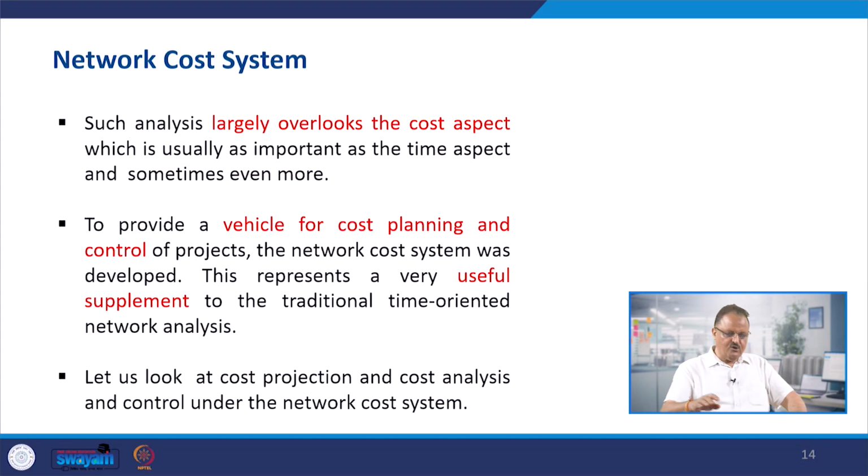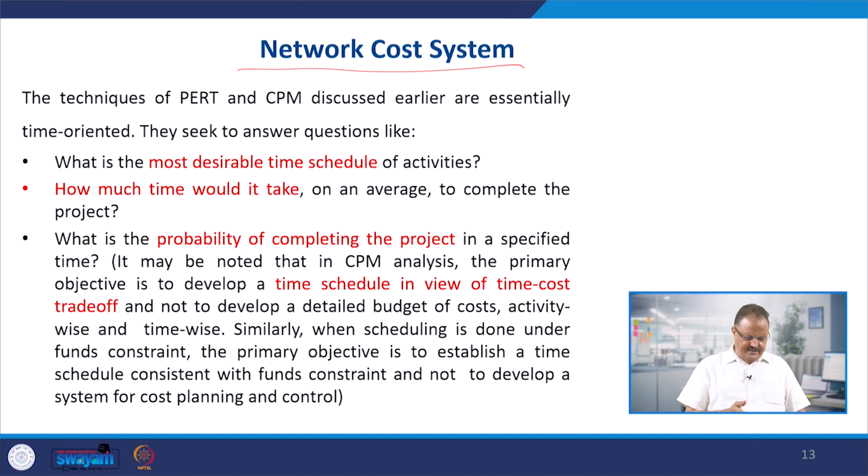So, when you are going to understand the network cost system, which analysis do we mean? The PERT and CPM, which is the time oriented analysis, right? The entire analysis, because everything is time oriented. What are the questions here? The most desirable time schedule of an activity, how much time it would take, and the probability of completing the project,